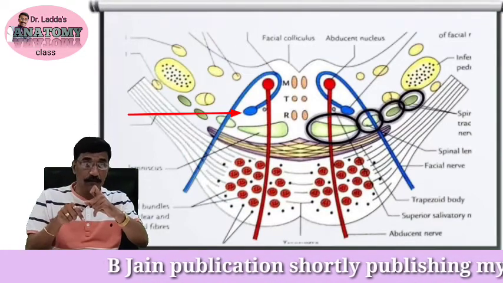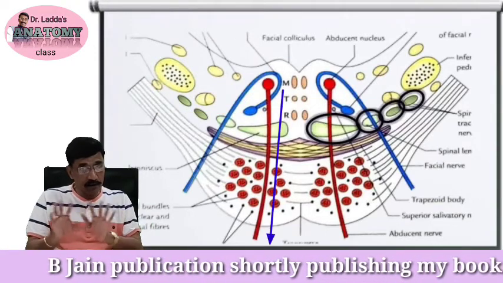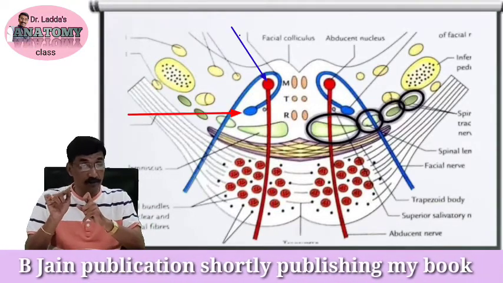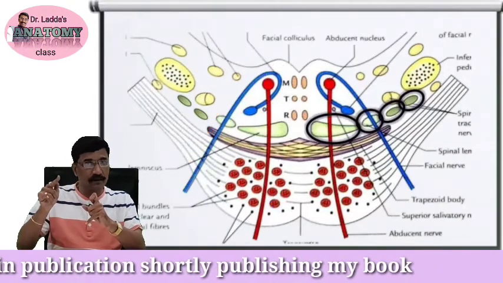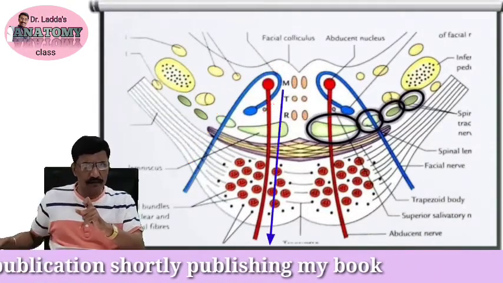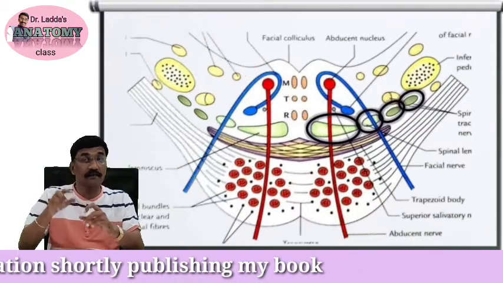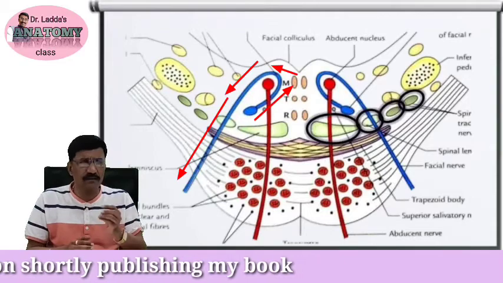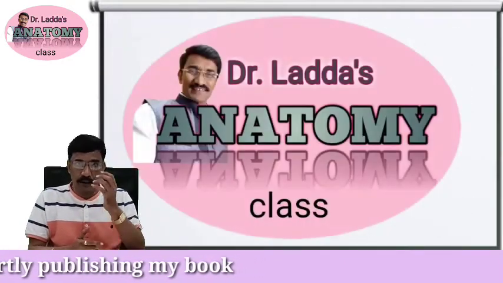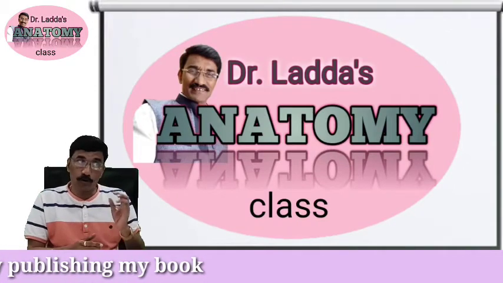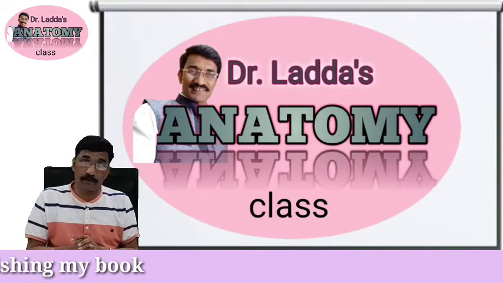Now, if you are looking carefully, the 6th nerve is running down straight forward. No drama, nothing. But the facial nerve shows its own drama. Now, if it is running down, why is facial not? It can run in this way, no? It is taking a turn round the nucleus of abducens. That is creating its own impression. So these are the minute findings and things one can remember to put the transections of the brainstem in proper way.